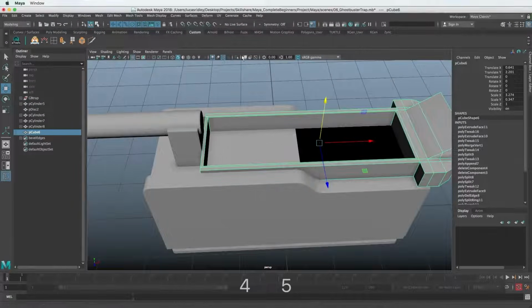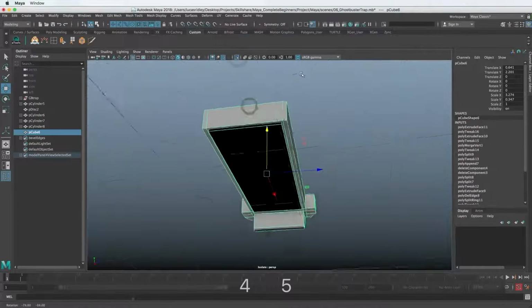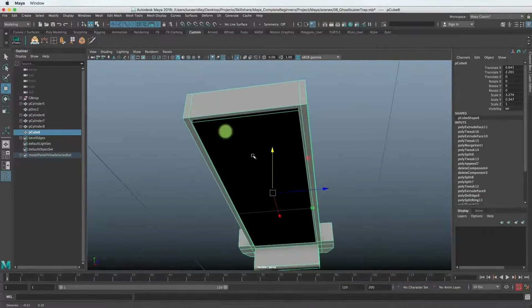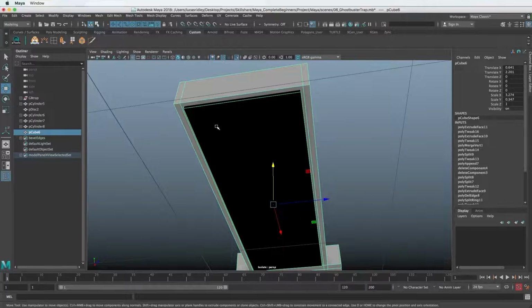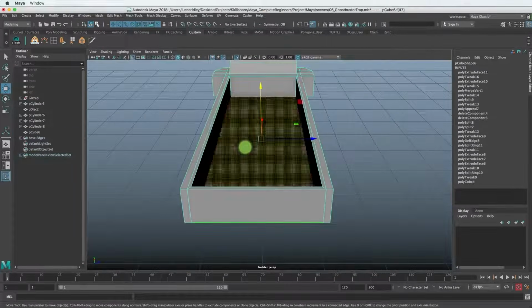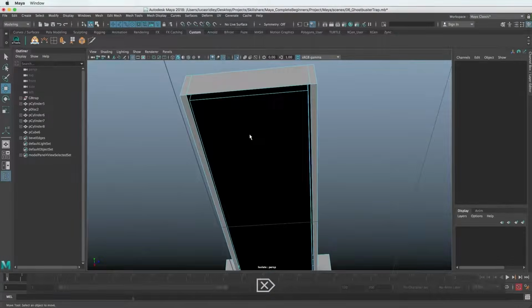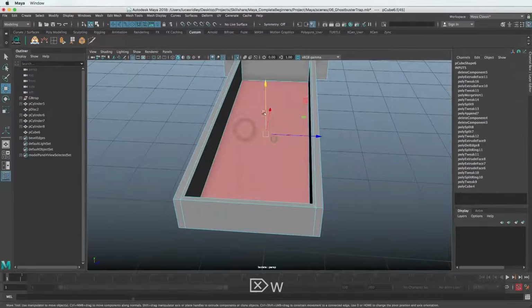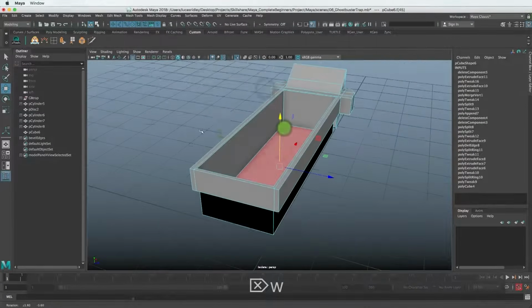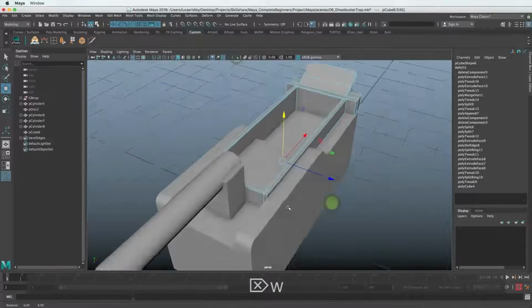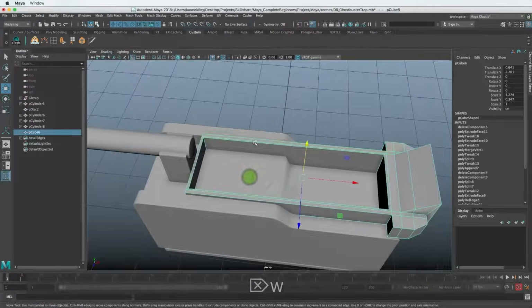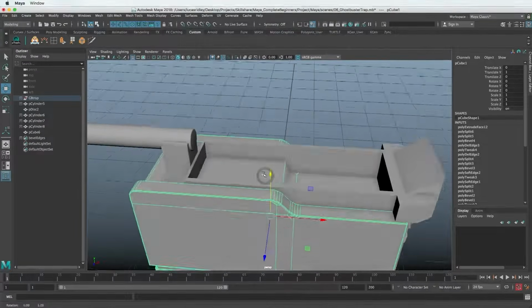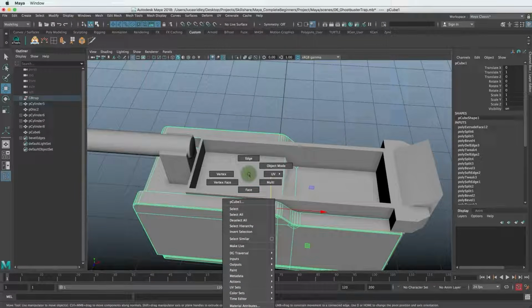Let's go to isolate and select that. And the main issue is it's extruding through itself, so we're seeing the back side of the faces. So we can just delete this face, and there we go, and that solved the problem. And we can just drag this one down as far as we want and unisolate select that. We can see this issue here with the internal piece, so we can resolve this if we want to. It depends on how much you're going to see this stuff.